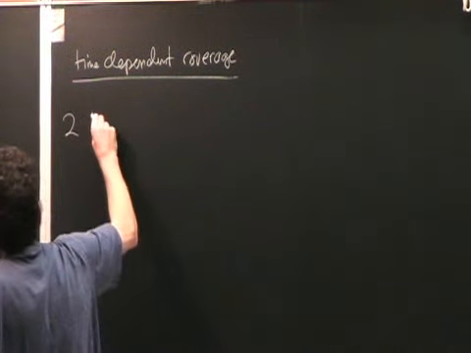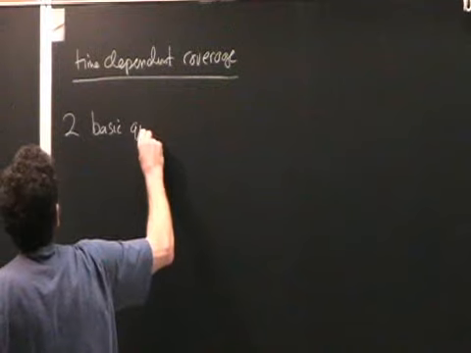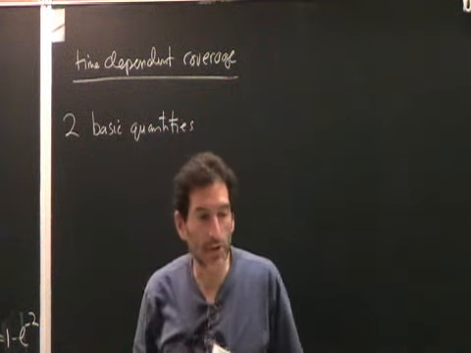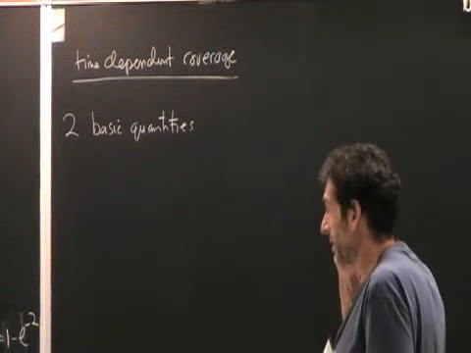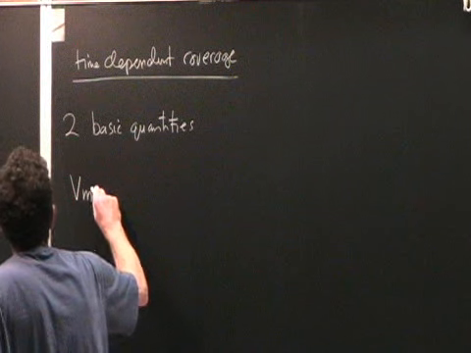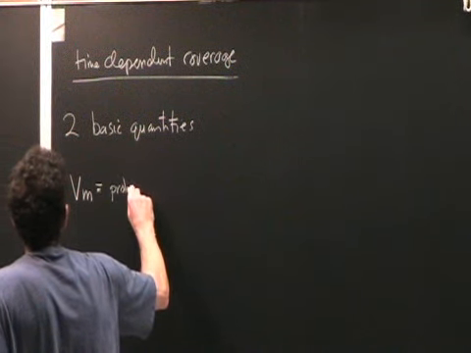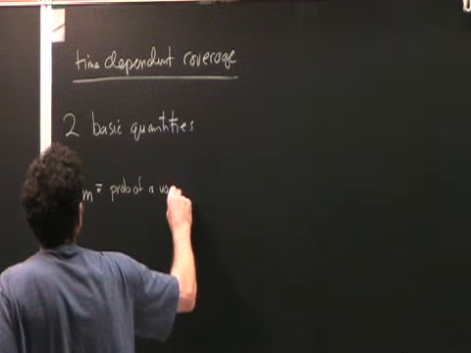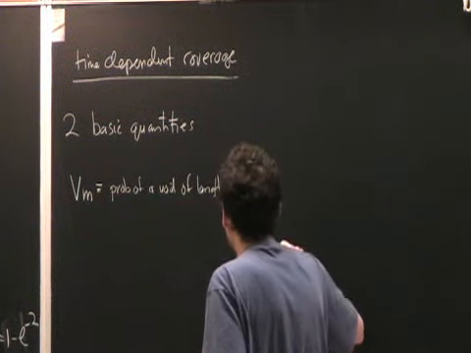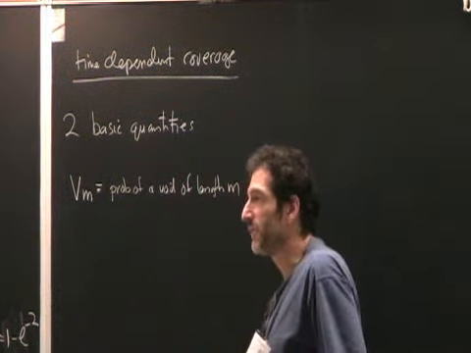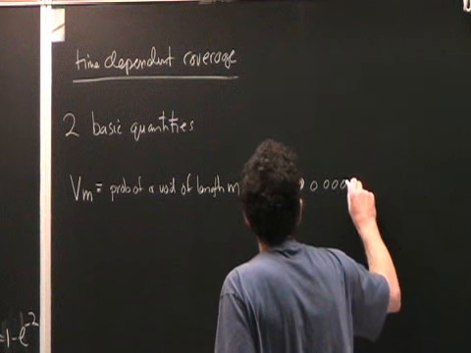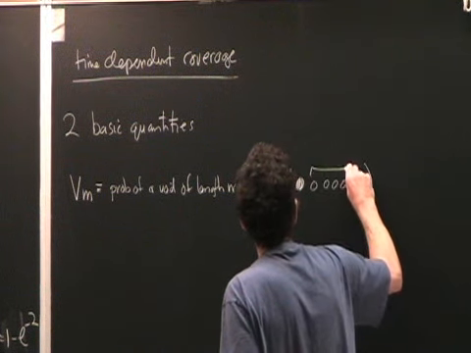And the thing is that there's 2 basic dynamical variables that help us to characterize the state of the surface as a function of time. And in terms of these things, we can write down master equations for their evolution and get the surface coverage. So one basic quantity is, let me call V_m. This would be equal to the probability of a void of length m. And so schematically, let me use capital P for the probability of the following configuration: an occupied site, and then m empty sites, and then an occupied site. So this is exactly equal to m.